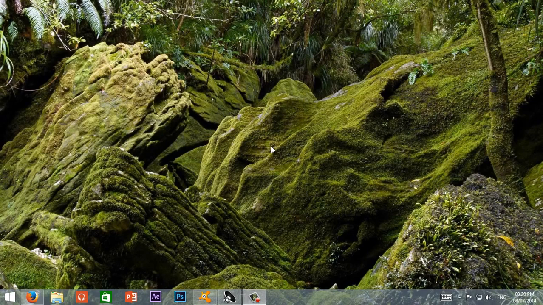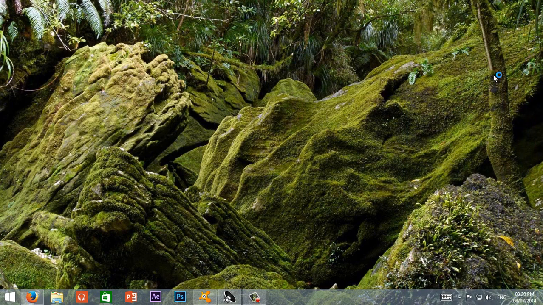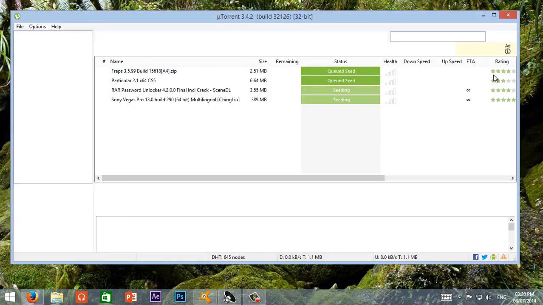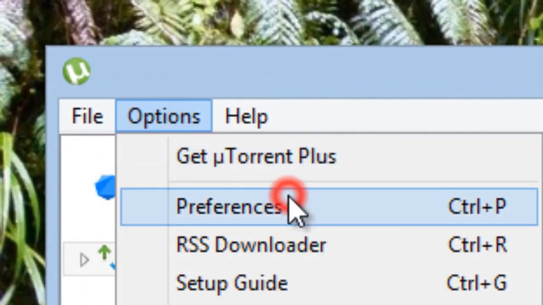So let's get started. First open your uTorrent. Then go to your options and then select preferences.